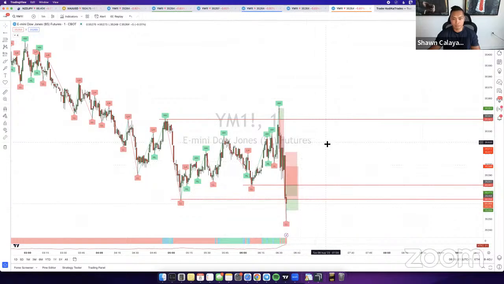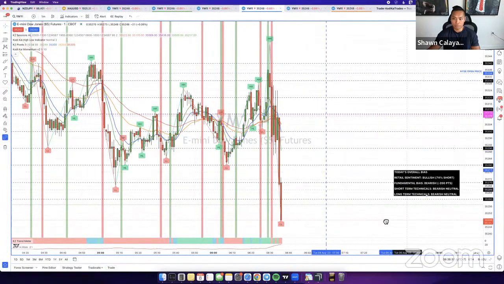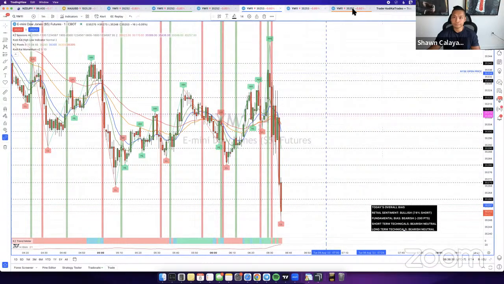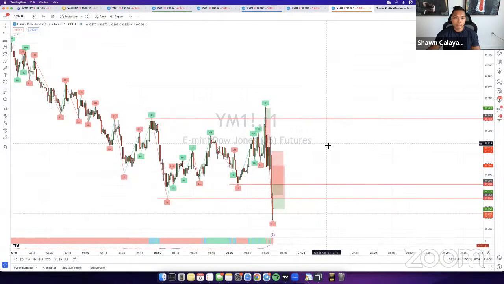I think the market is a little bit risky right now how it's moving because there's not really much of an overall direction. I mean, you can be trading sells based off fundamentals and technicals. You can take buys based off retail sentiment. Right now, there's just not really much of an alignment, as you can see over here with regard to the overall bias. So I'm just waiting right now, waiting for the market to stabilize, choose a direction. Once it chooses a direction, I'm gonna start looking for entries.